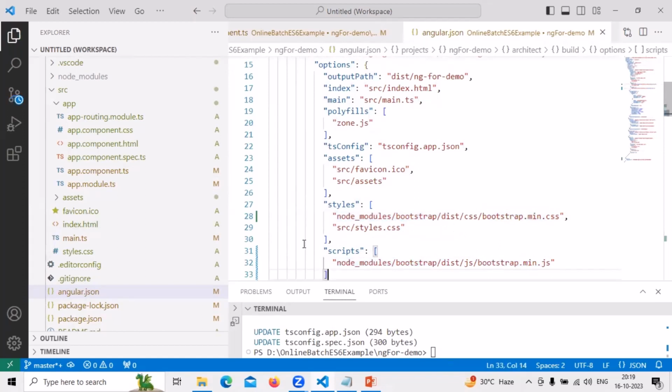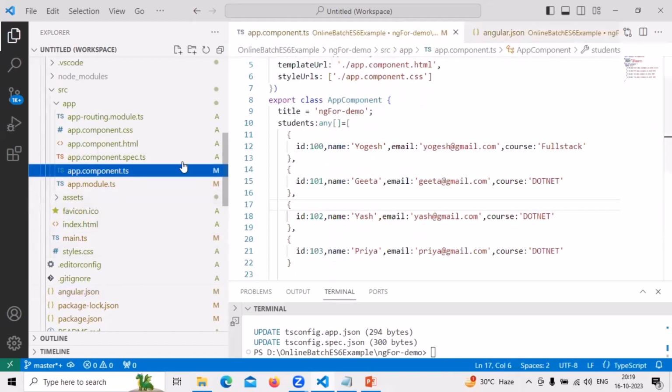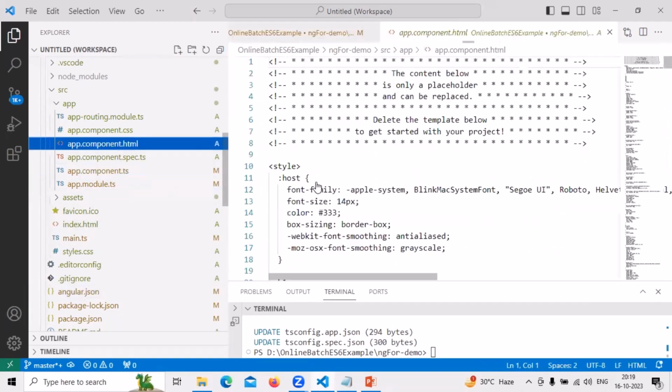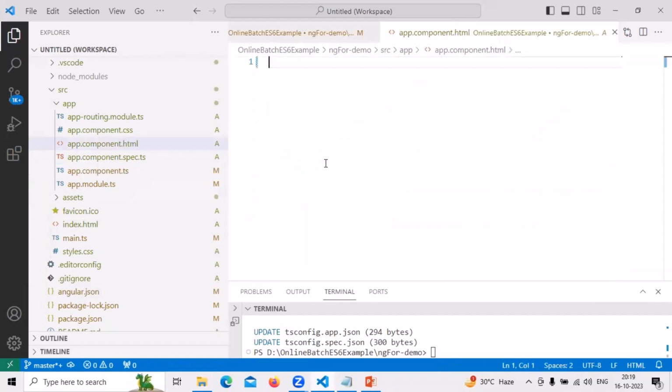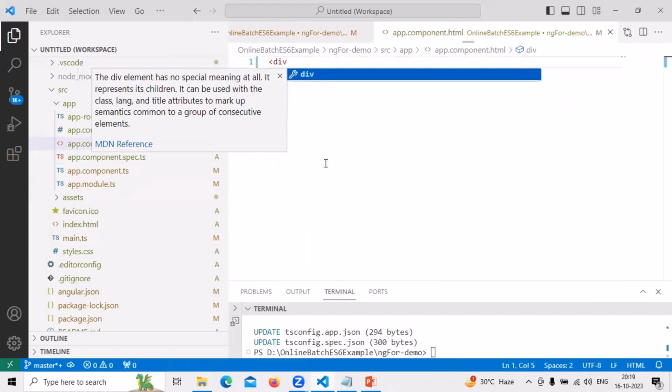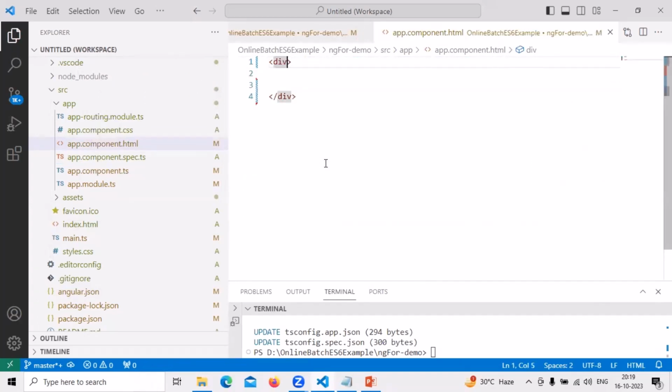Okay, now we need to save this file, and already we have defined some data in the component class, and that I'm going to represent in the template, and template is nothing but app.component.html. So I just have to remove this element, and I need to define a div element, and in the div element I have to define the class. Okay, and going to define here container. Container is a Bootstrap class. Okay, and then I need to represent the table element. Here I just have to write class table, table border,